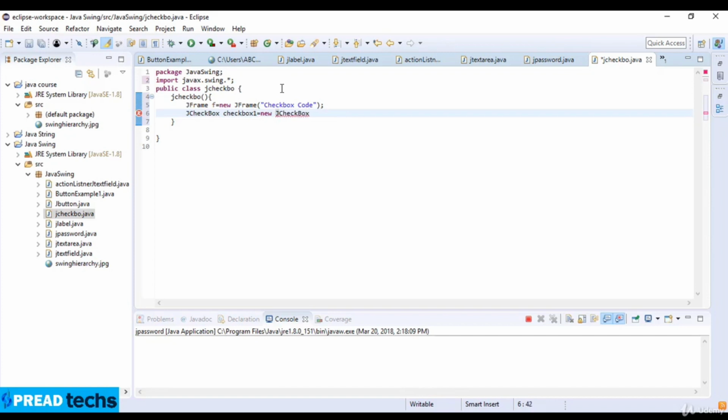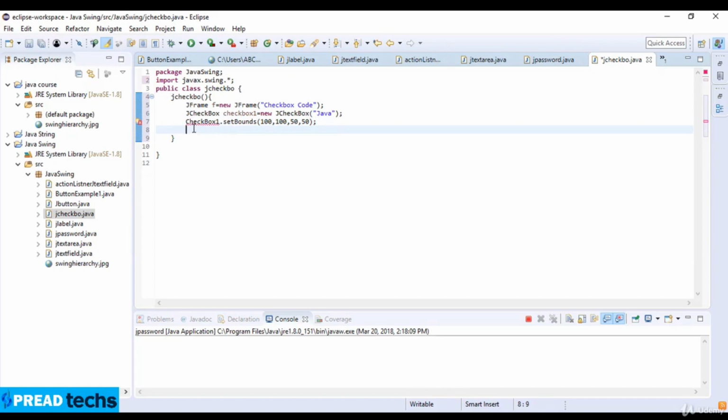Okay, and here I just write the text Java. So checkbox number 1 dot setBounds, and the bounds here are 100, and 50 is the height and 50 is the width. Okay,